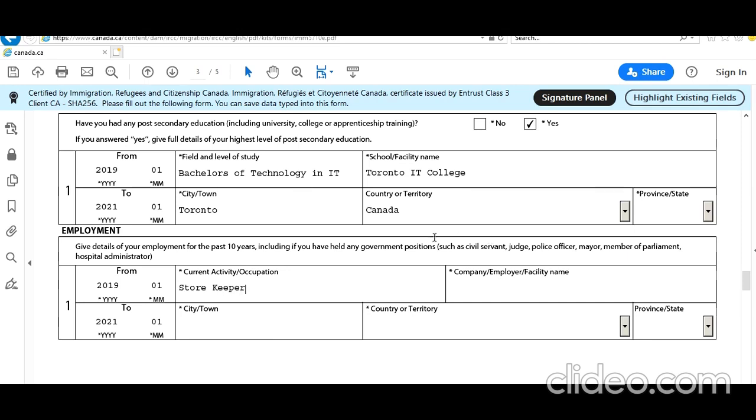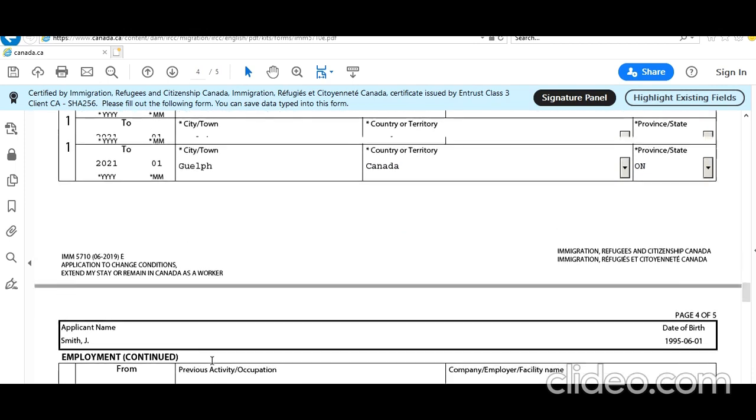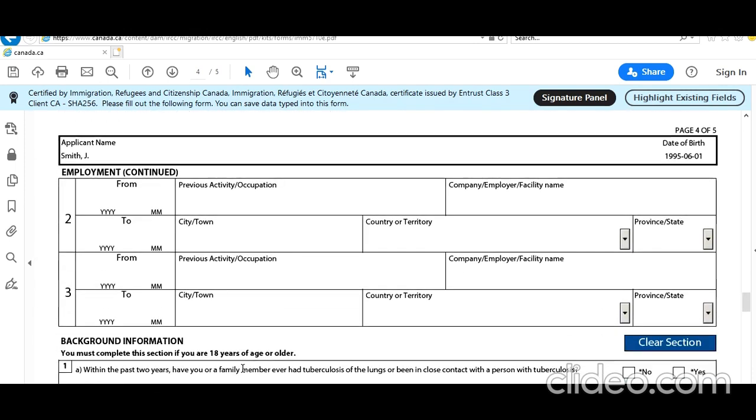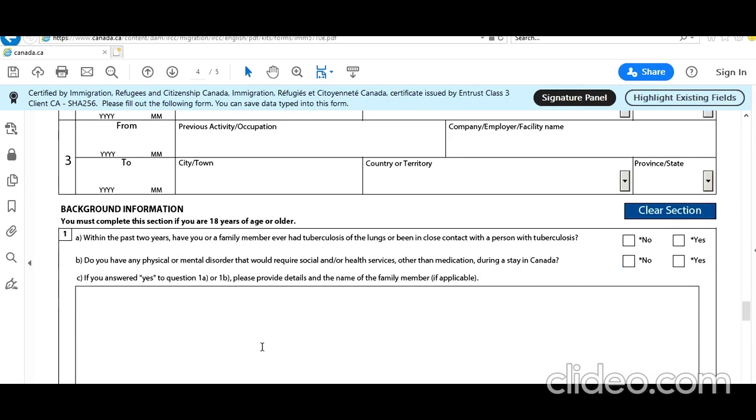So storekeeper, let's see, he was working at Walmart. City, let's see, he was working in Guelph. Country, Canada. Just a sample entry guide, you need to put it as per your case. Previous employment you can include. I'm not including it, this is not a mandatory field, but if it is, definitely include.